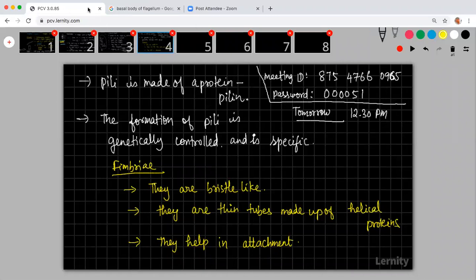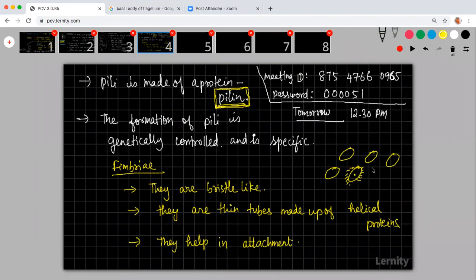So pili is different from Fimbriae. These two are different structures. What makes pili very different is this particular protein called pilin. Fimbriae is not made up of pilin. Whenever it is made up of pilin, a particular protein, we call that a pili. Pili will not form in any organism just like that. Let us say that there are 5 different varieties of bacteria. Maybe pili will form only in one, which has the ability to produce pili, whereas Fimbriae can be seen in all organisms.